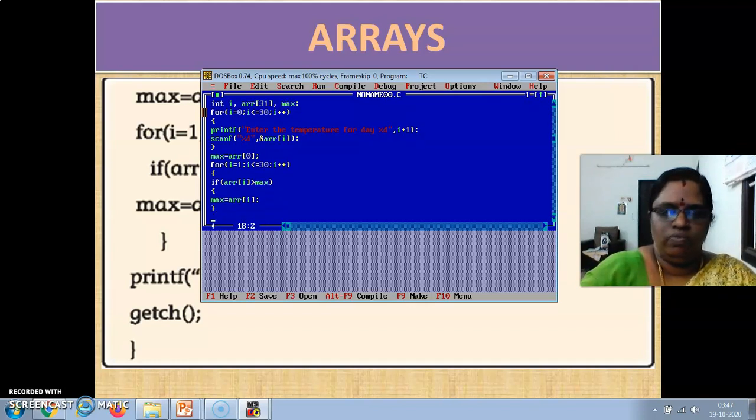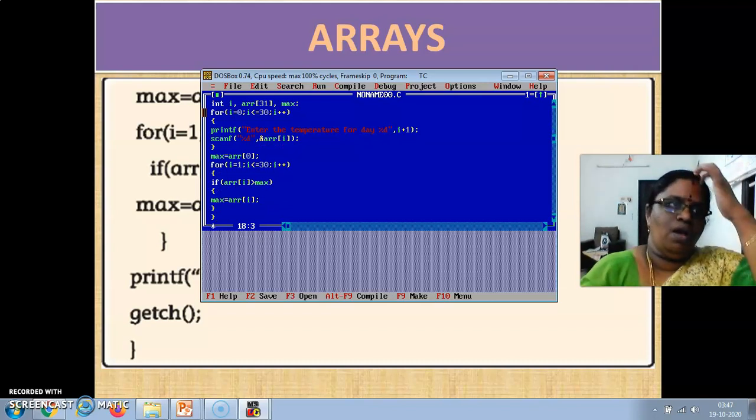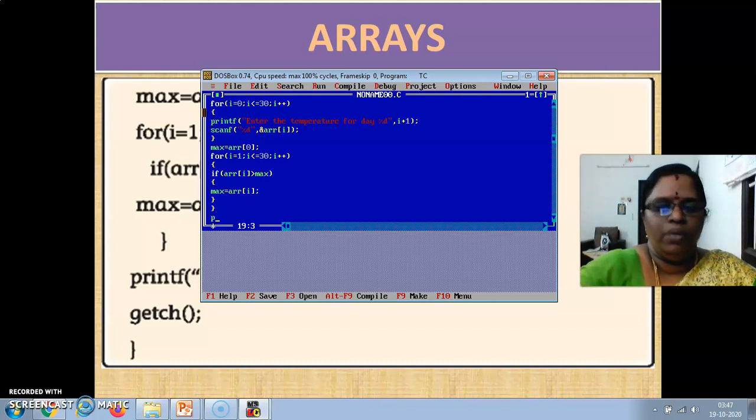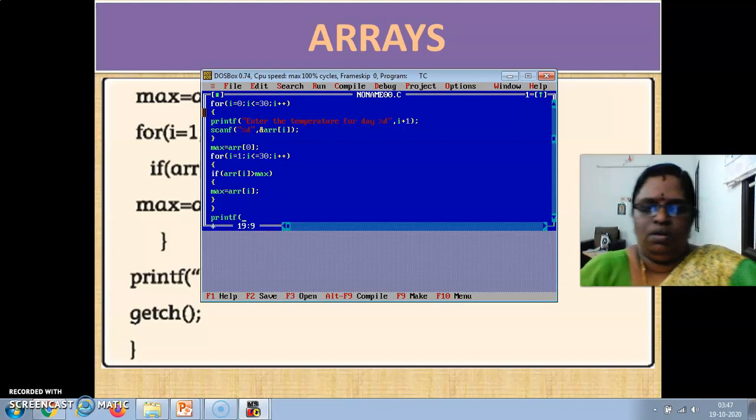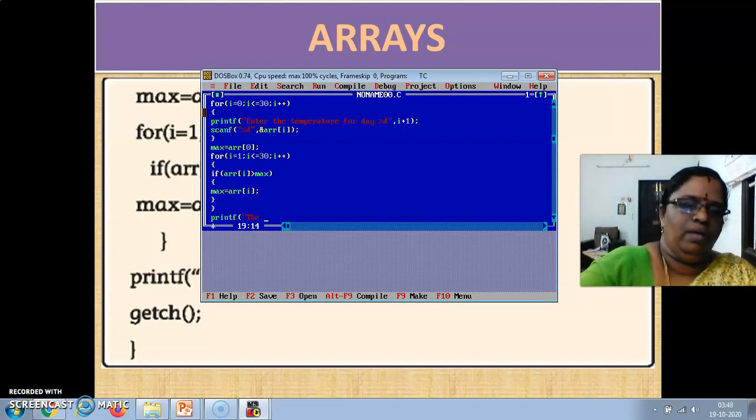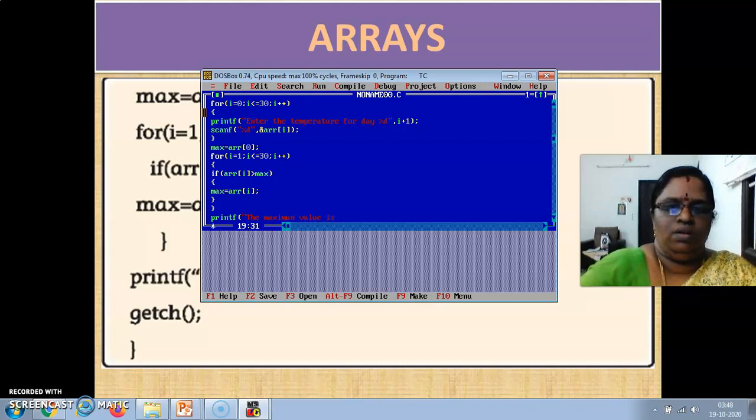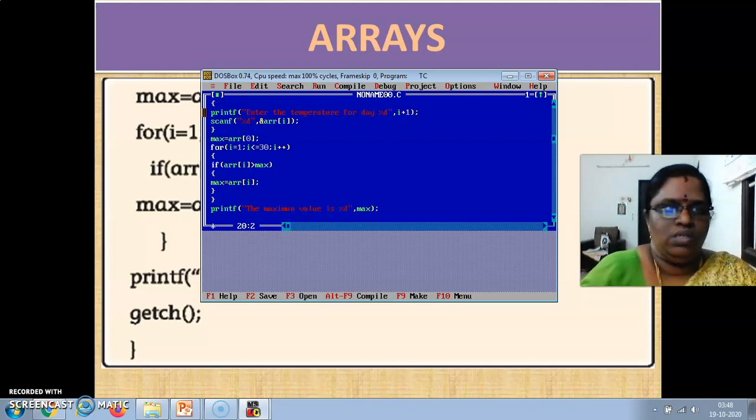Close this if, close the for, and you want to print "The highest value is %d", maximum. Close this.